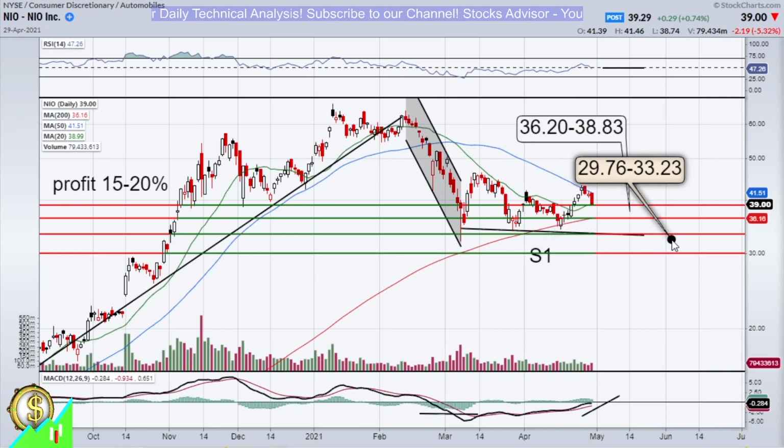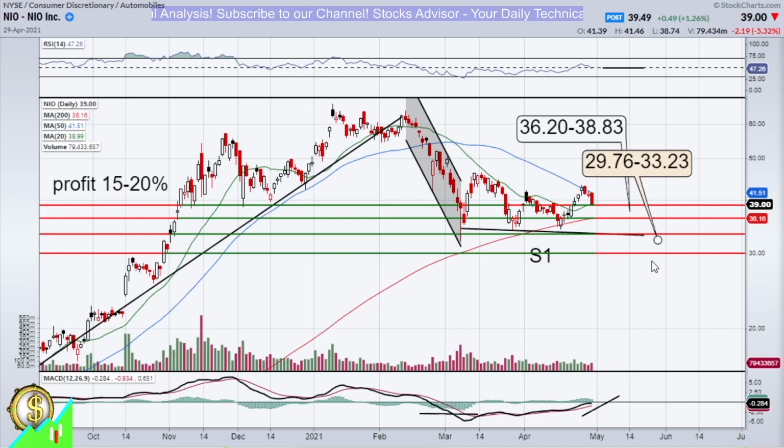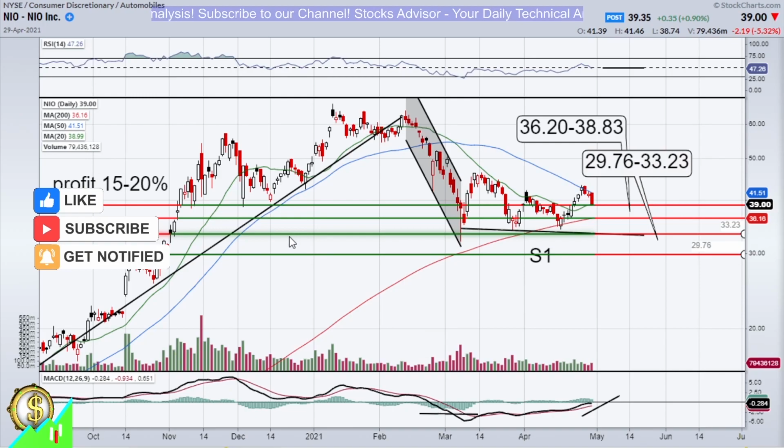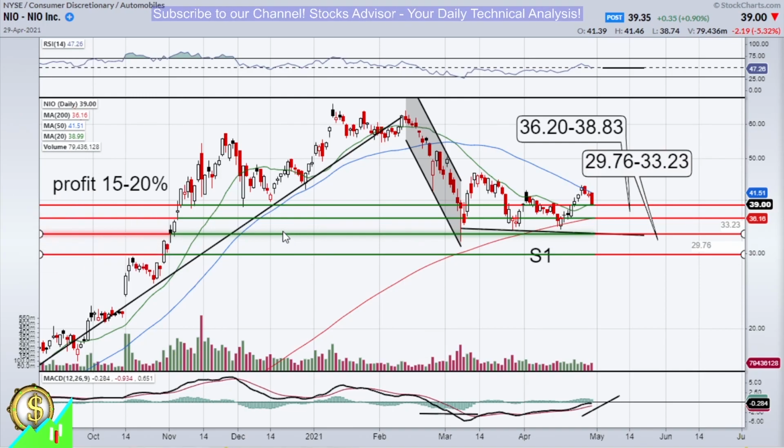So if we are not going to have a major rebound from the current level, then we can expect a rebound at the second channel, which will be a very strong technical rebound, usually being lower than moving average 200 on these major correction patterns that we observe, and approaching the next nearest support line, which is actually this level between 29.76 and 33.23. Usually this works as a major rebound moment, and the only thing that can cancel this is a negative